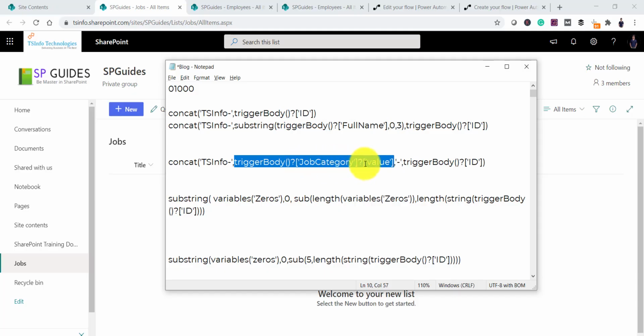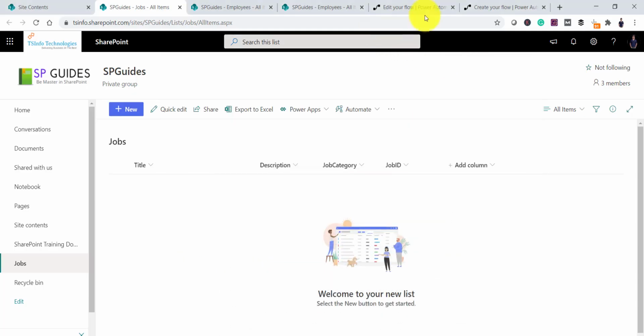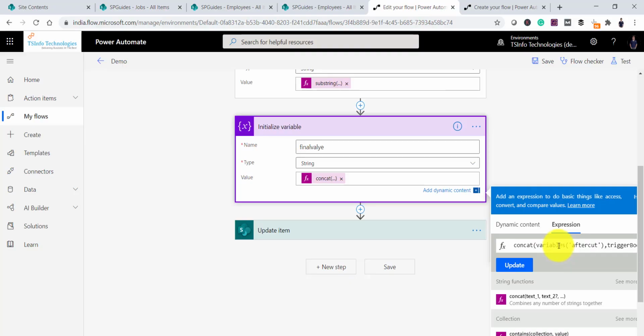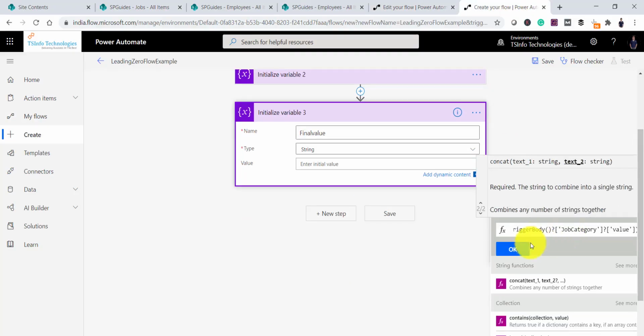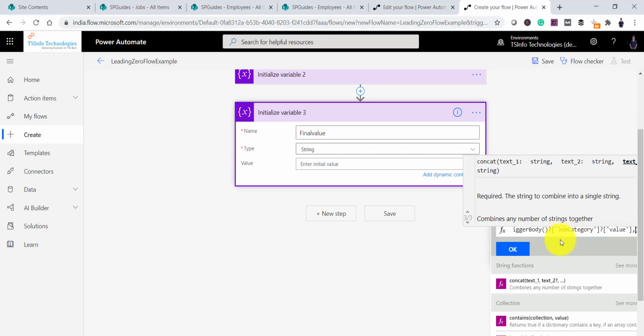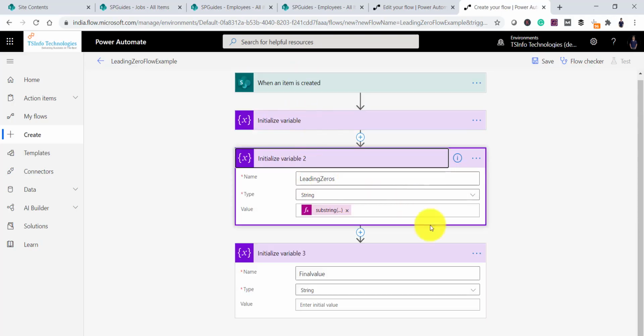So job category and then question mark value here. So our formula will be like this, and you can see here we took the job category. Now we have 2 values over there, and the third value is that variable that we got from here, the leading zeros. You can see here the third one will be,